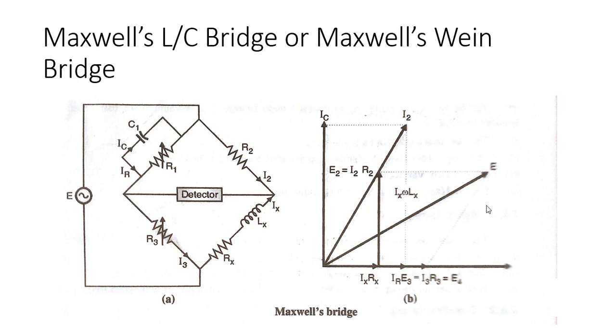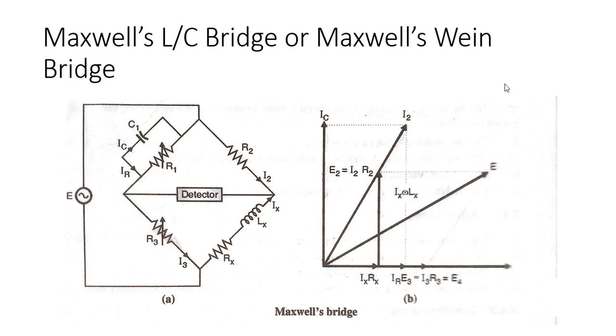Just go through each and every equation and try to solve them on your own, and if you are facing any problem, then you can refer to my video. Okay, so let's stop here. Till now we have completed 2 DC bridges and 3 AC bridges. The remaining AC bridges, that is Wien bridge and De Sauty's bridge, we will complete in the next lecture, and one more bridge also.